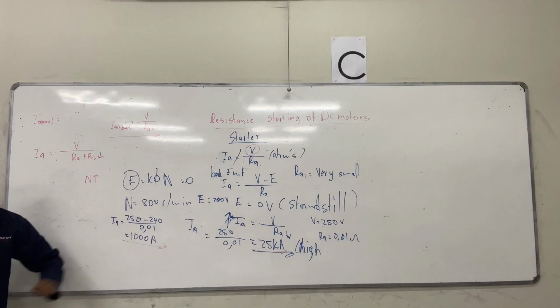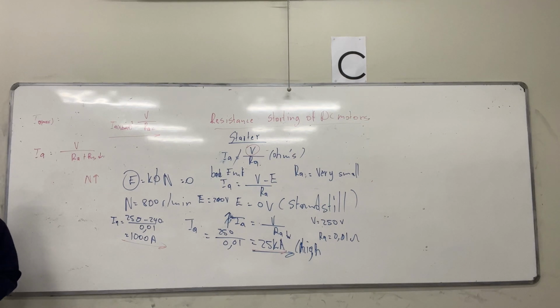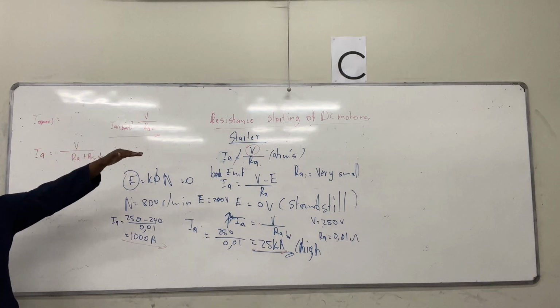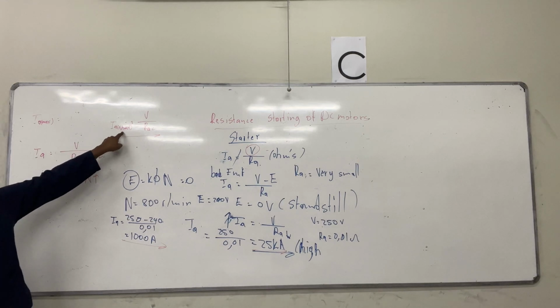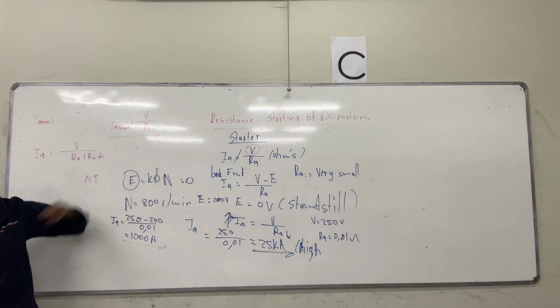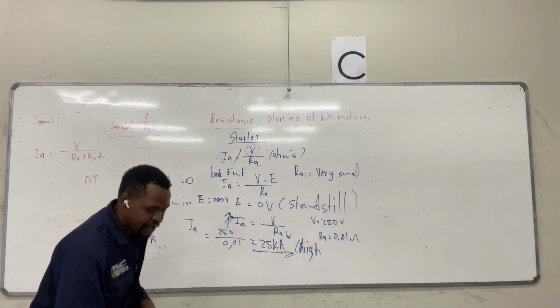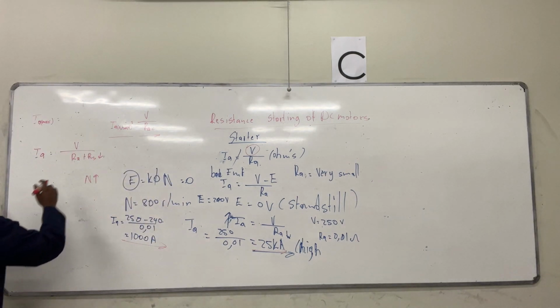Anything beyond 1,000 amps, yeah, we have a problem. You are overloading the armature. You are burning the windings. You know? Or we are shortening the lifespan of the winding. So in one, IA max low. The current that we should not exceed. Then in one, the high starting current. Yeah, the current that we should not exceed is equals to